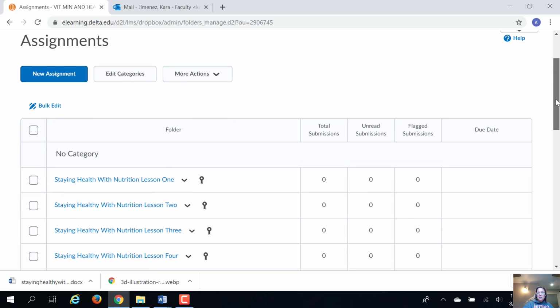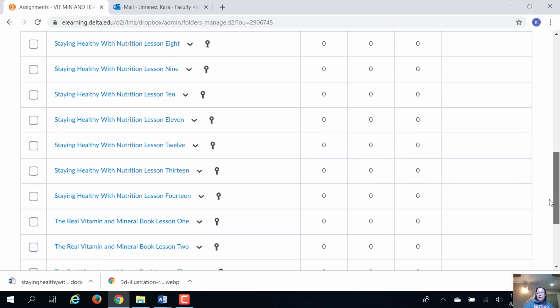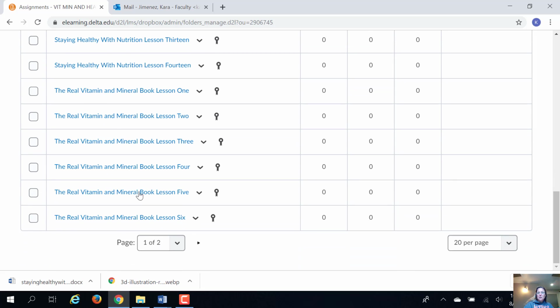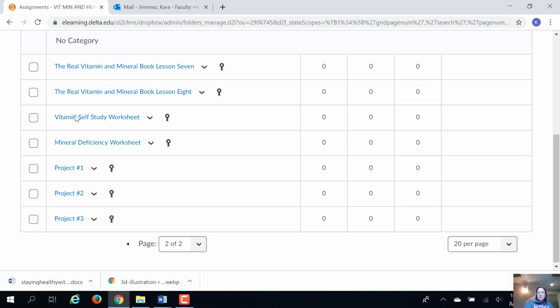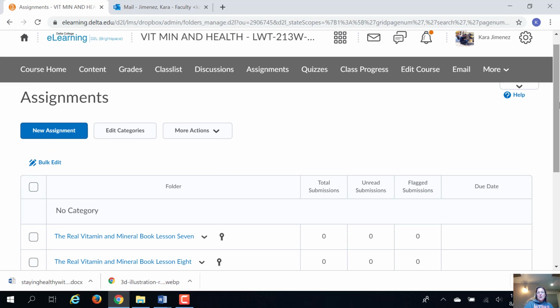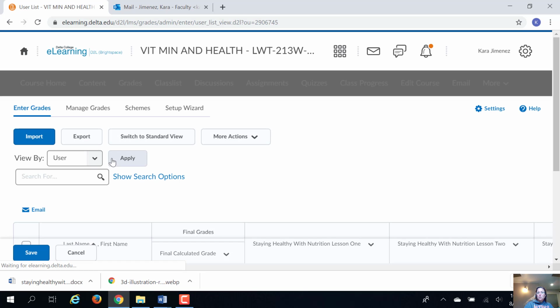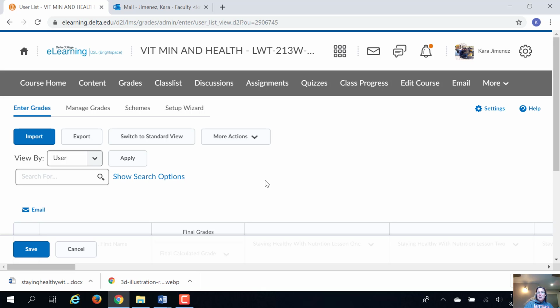Okay, so again, if you scroll down, you see a lot of different folders. So make sure you're putting the correct assignment in each folder. Notice that there's 2 pages, so you're going to have to go to page 2 as you progress through the semester, and you'll see the rest of the folders for all the other assignments. So, checking your grades, you'll be able to check your grades under the grades button, okay? And other than that, if you have further questions, reach out to me and I can answer them as best I can,